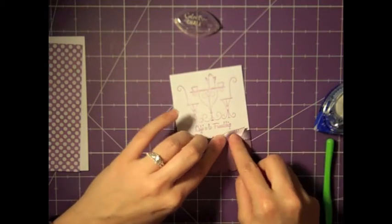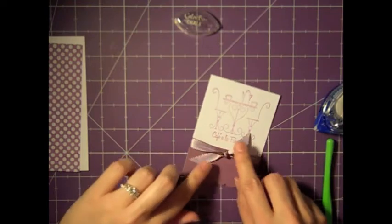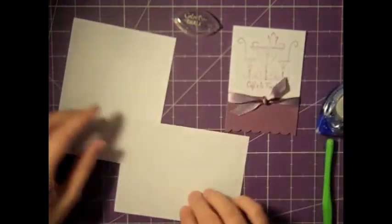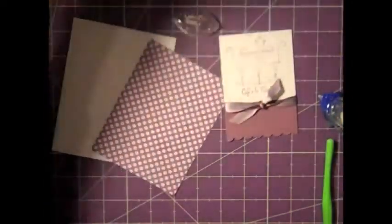Here I am playing. I ended up putting a glue dot under there. And that's what that green tool is. It's a rubbing tool I bought a long time ago, and I'll grab my glue dot with that and then place it underneath. Now I'm grabbing my card base again, and I want to round the edges, so I grab my corner chopper